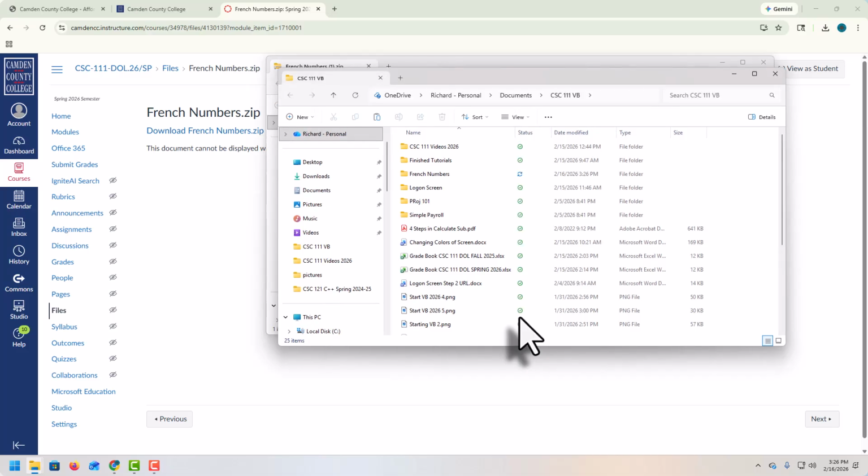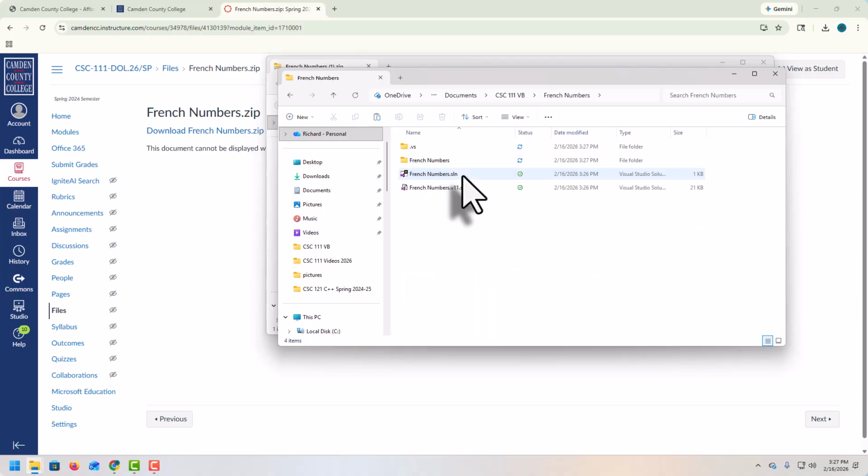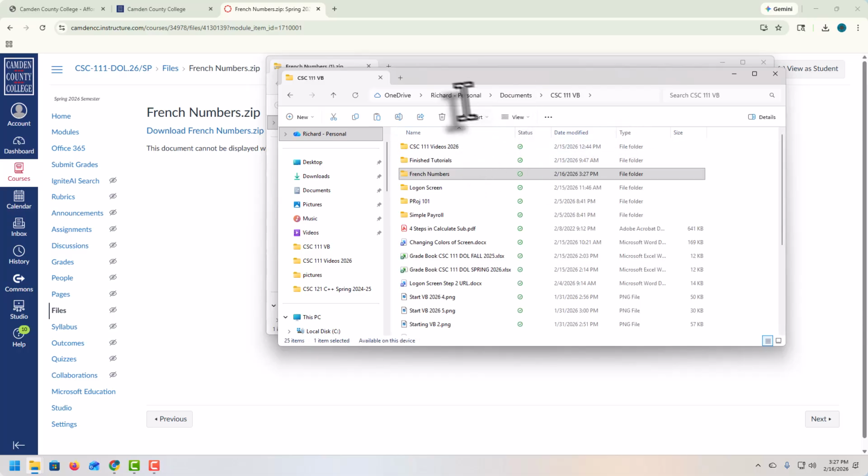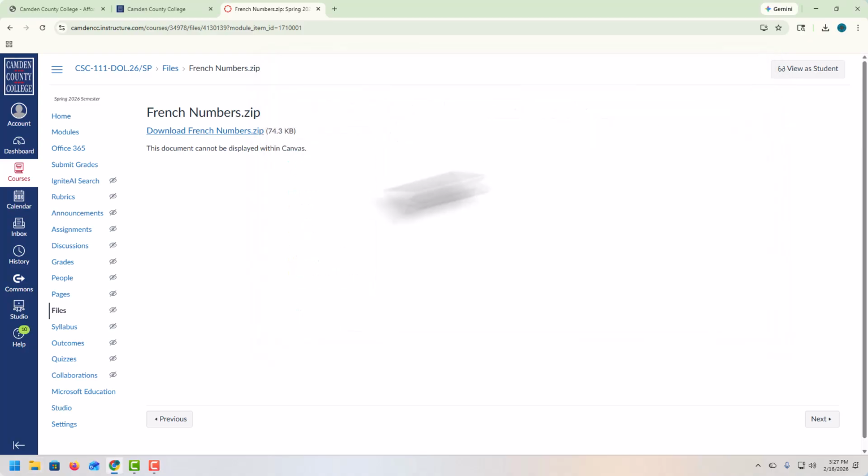So I click on extract, and now I will find this program right here called French numbers. And if I click on it, I will see it has the SLN file. It is now a Visual Basic program. Let me just back up here. All right. Now, once I've done that,